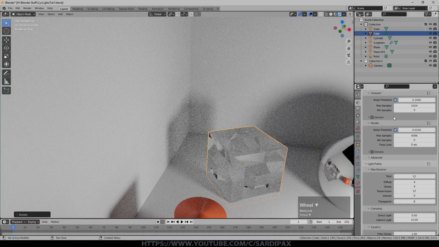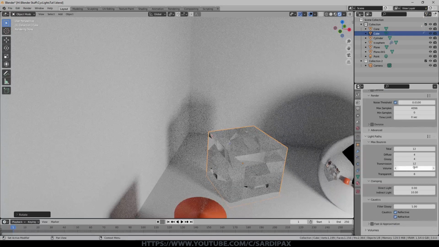So if we come back to here and we scroll down to light bounces, this is an attempt to manage the amount of bounces and refractions and reflections that we have to make render times reasonable. But very often for specific effects, you may want to increase the number of bounces, so that's light rays bouncing around, that you are going to allow. This is commonly the case when you're going to use volumetrics, because the default is very low. You'll still get some bounces, enough to see the volumetric effect like smoke and so on, but you can often improve the amount of light that reaches the camera that's bounced around in that volumetric effect by increasing this number.